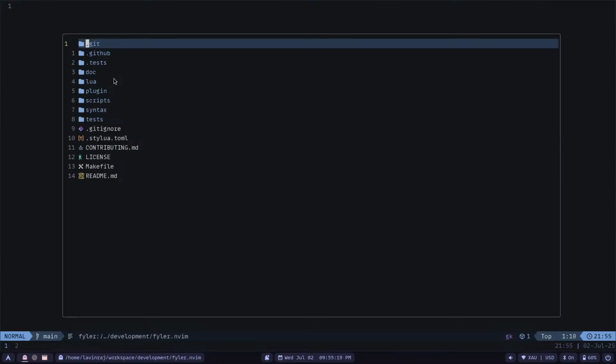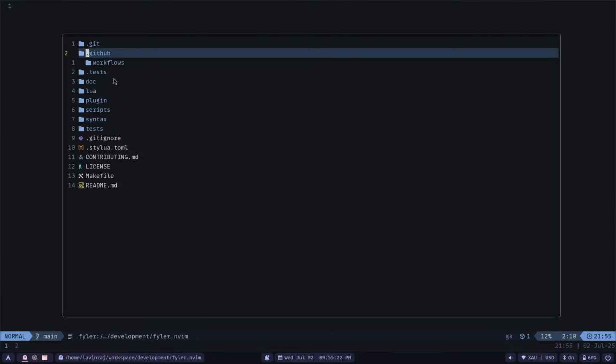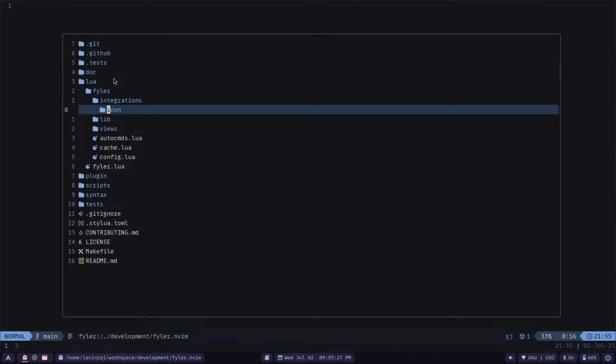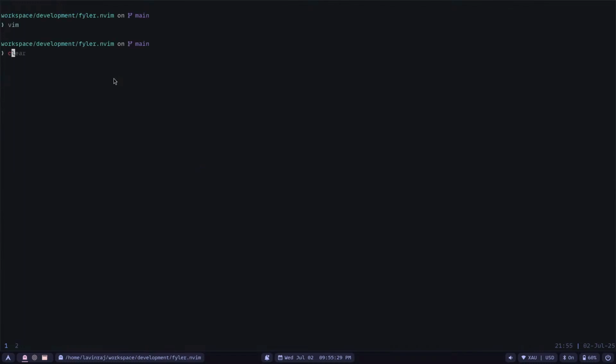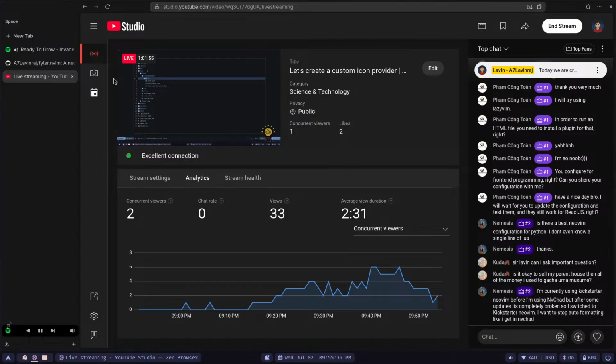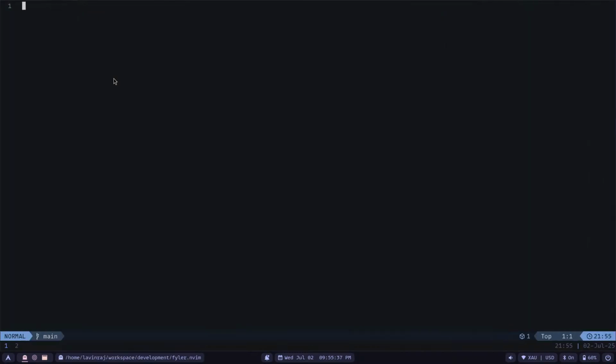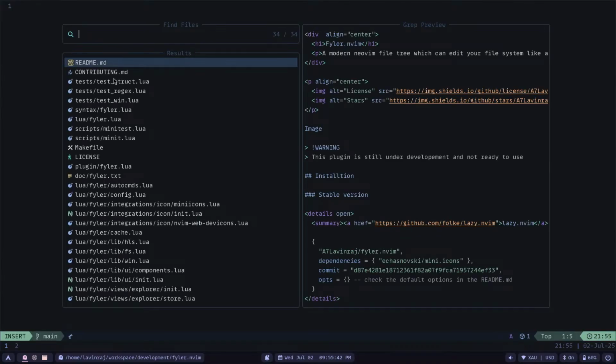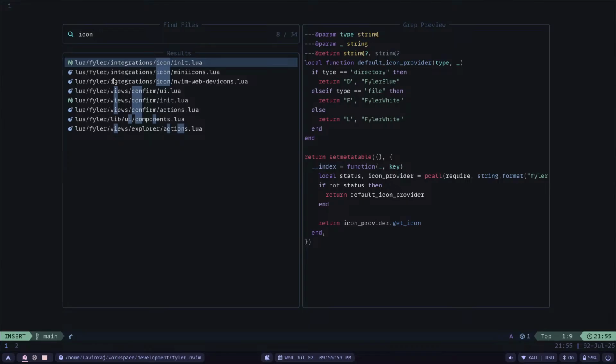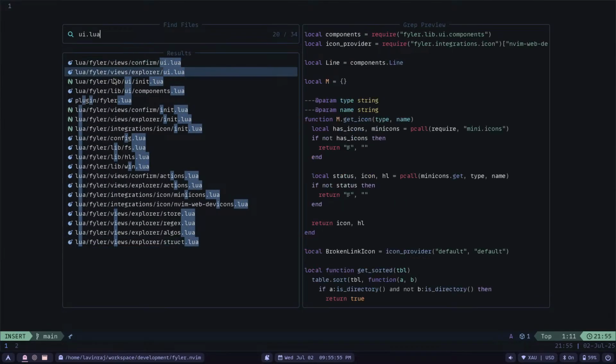Hmm. Now it's working. Okay, so our default icon provider is working. So let's try to do one more thing. Like if I change the provider to just the basic default provider that I configured with ASCII characters, like icons, UI.lua, this one,